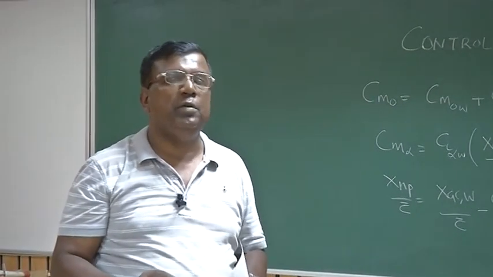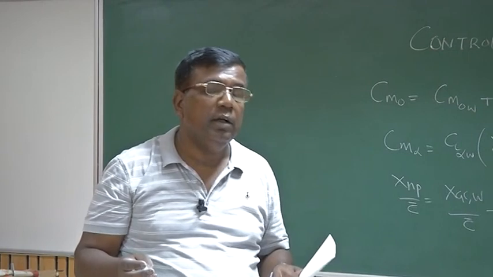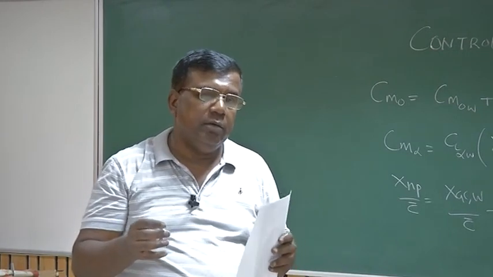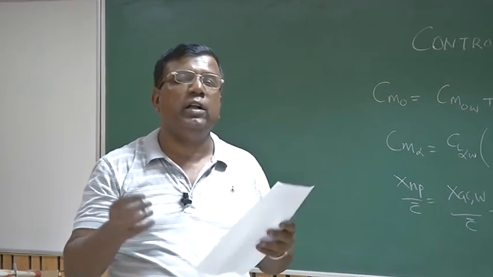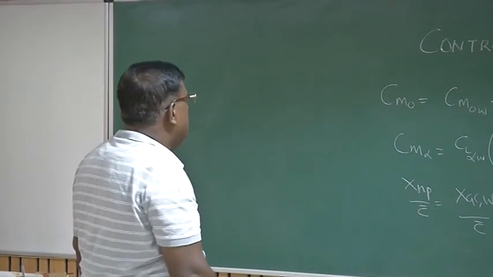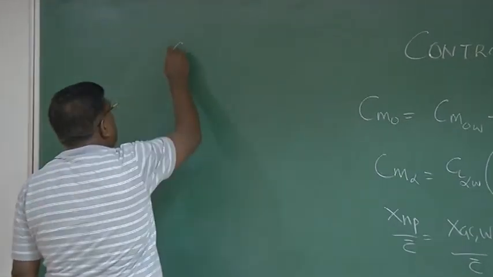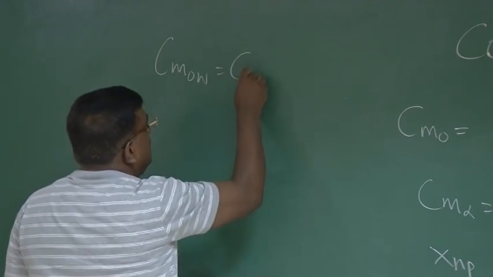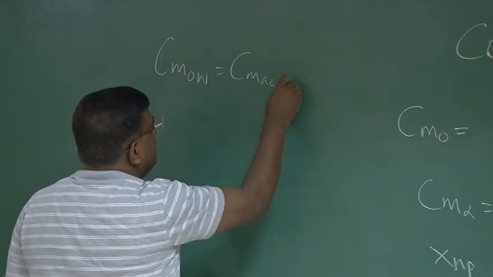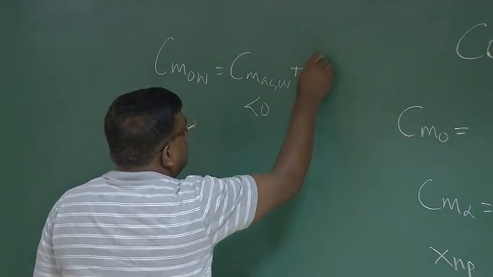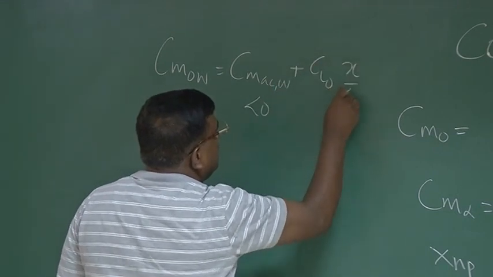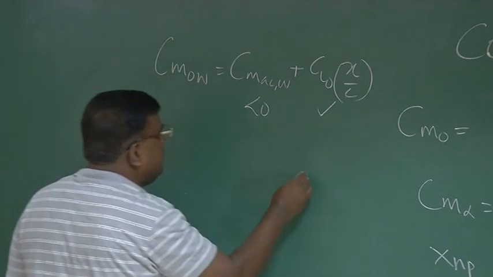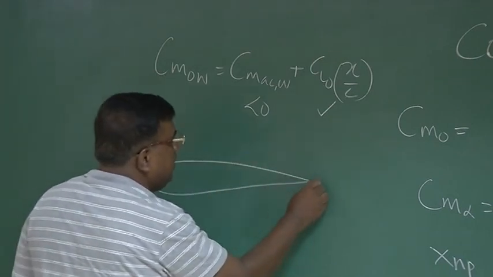May not be able to compensate for whatever Cm naught you require, but it will ensure that it is not negative. Okay? Because we are using cambered aerofoil. For a cambered aerofoil, CMAC wing is less than 0. So I have to do something with the second term. What is the second term? Second term is,